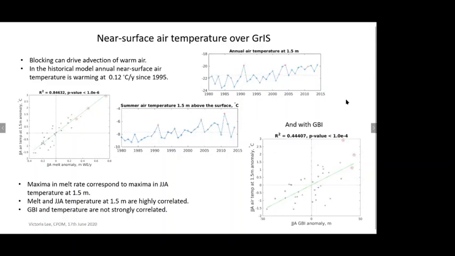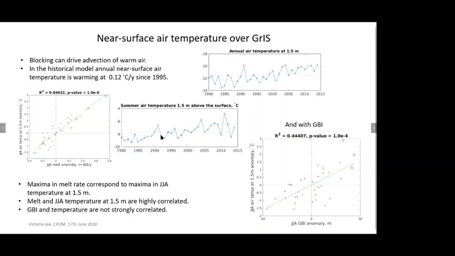Okay. So then we look at what's driving this. And so one of the other ideas is that warm air advection is bringing hot air, the blocking is bringing hot air onto the ice sheet. So going back to the positive trend in the Greenland blocking, if we look at the annual temperature, we see that we do get a rise in temperature, if not necessarily in the blocking index. But if we go back and focus on the summer air